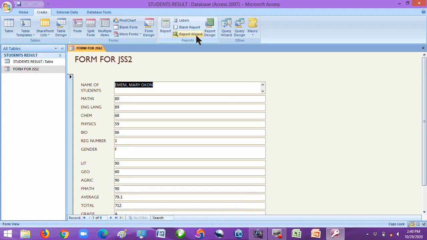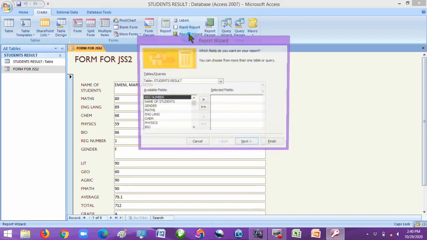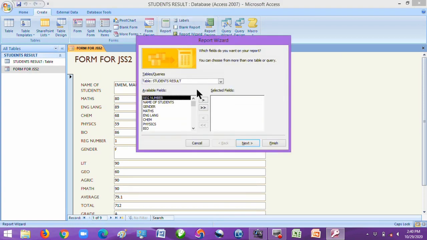Click using wizard, report wizard. It will do exactly as form gave you option. This one will also give you option for you to select some fields to use. In case you want to add all the fields, you can use the add all button here. Then once you add all, you go to next.